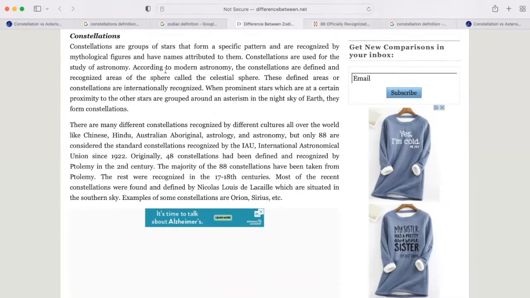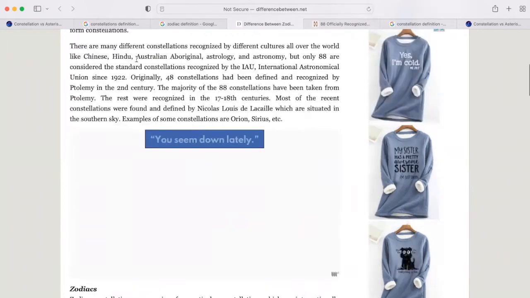These defined areas or constellations are internationally recognized when prominent stars, which are at a certain proximity to other stars, are grouped around an asterism in the night sky of the earth. They form constellations. There are many different constellations recognized by different cultures all over the world, like Chinese, Hindu, Australian, Aboriginal astrology and astronomy, but only 88 are considered the standard constellations recognized by the IAU, International Astronomical Union,